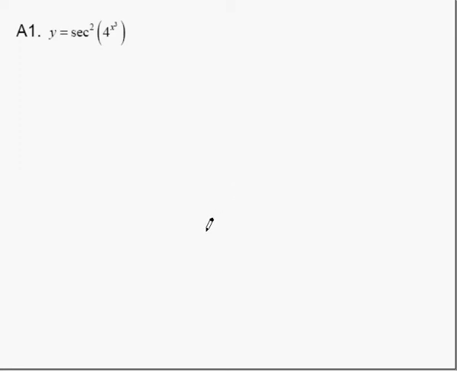Question A1 on the midterm asks you to find the derivative of y equals secant squared of 4 to the power of x cubed. We're going to use the chain rule, so first we should rewrite this as secant of 4 to the power of x cubed, all squared. This is not necessary, but a lot of students find it easier to visualize, so we're going to start by bringing out the 2. So the derivative then